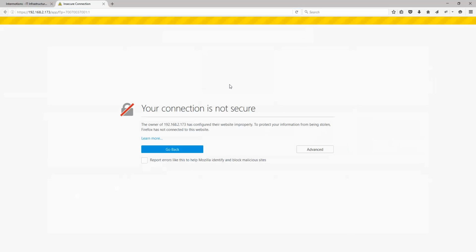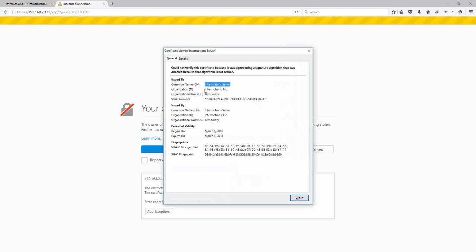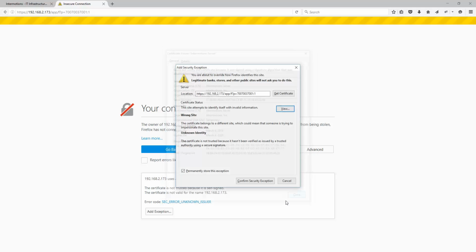Now, Intermotions, due to the delicate nature of some of the information, requires that it runs on HTTPS. Intermotions comes with a self-signed certificate, and therefore you may receive an insecure page as such. What we will do is we will go to Advanced and we will add it as an exception. We can view the certificate, and as we can see, it is provided by Intermotions Incorporated for the Intermotions server. So we will confirm the security exception,